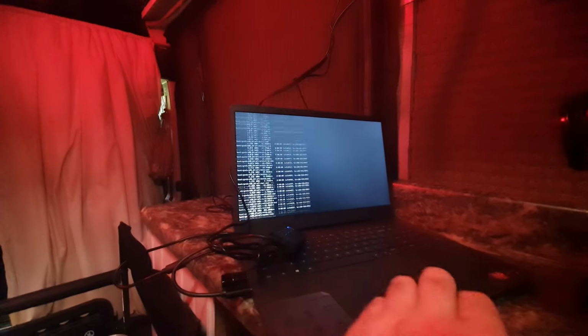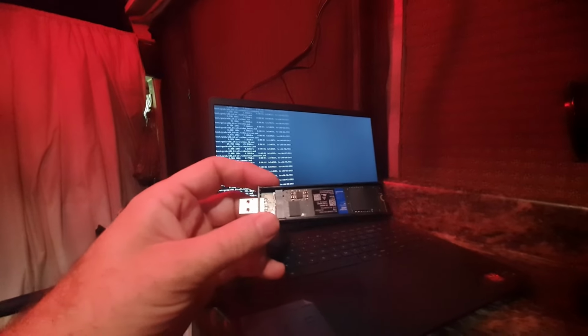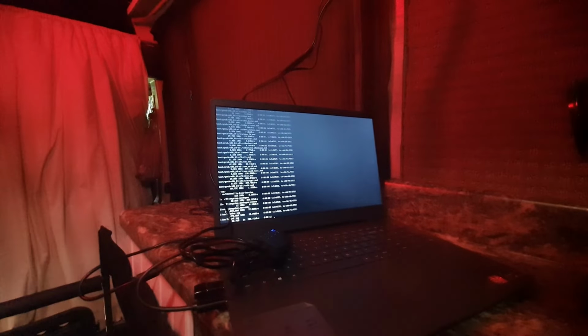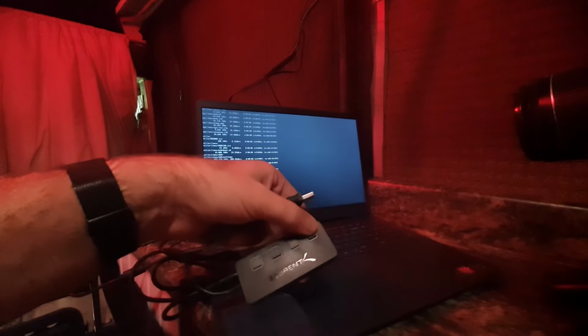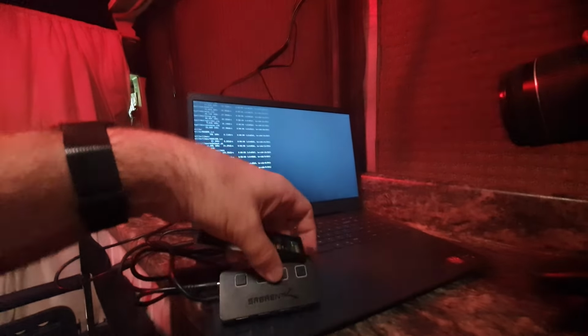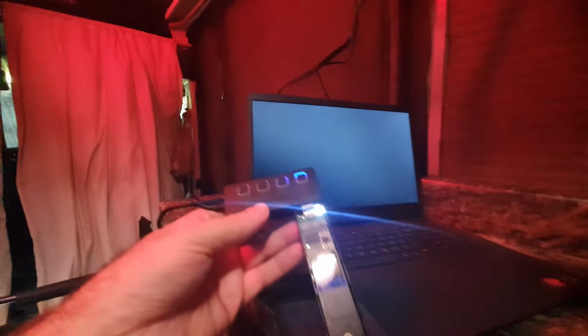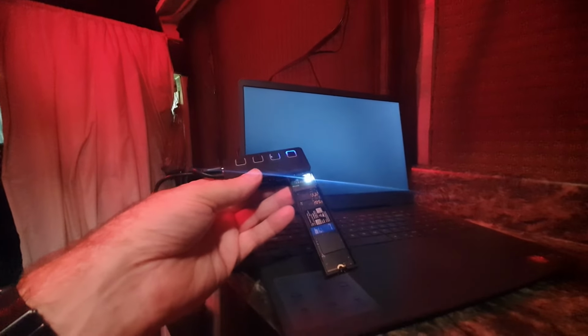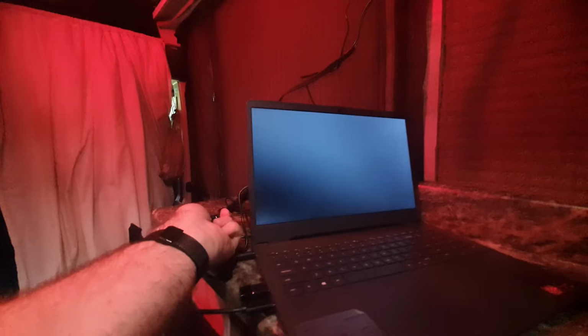So while that guy boots up, we're going to take this guy here. I've already put my SSD into my adapter and we're going to plug this in. Now this USB port has power on, power off switches. So I can just plug into either one and then push the power on switch. Okay, so I'm going to plug this guy in, push the power on switch, and that is ready to go. That's going to sit in the back. So now